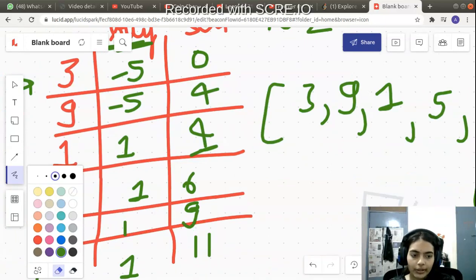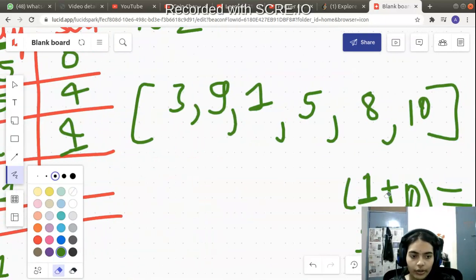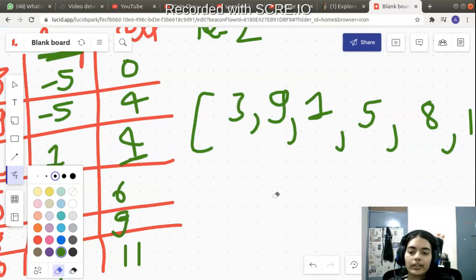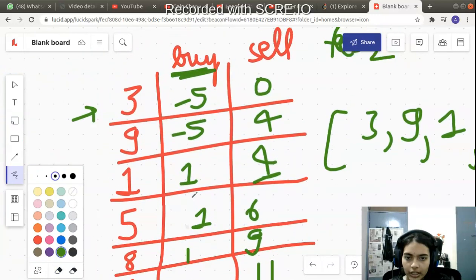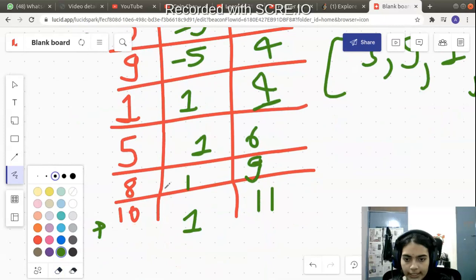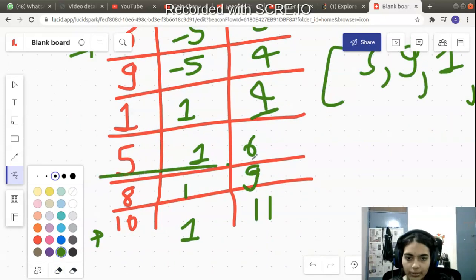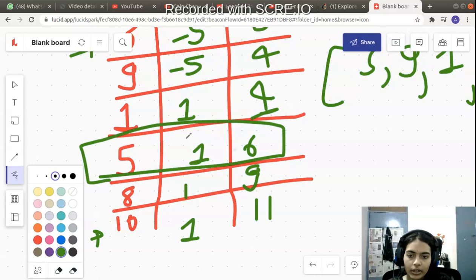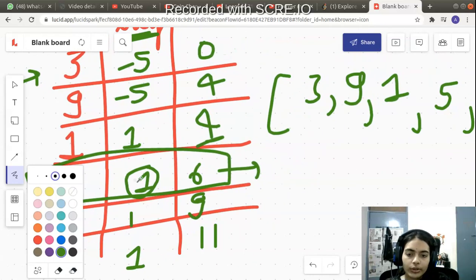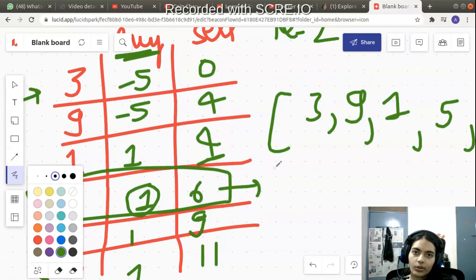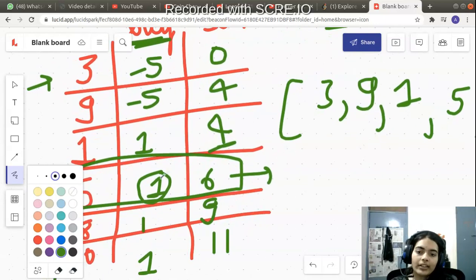So one particular thing, for any data value in the table, once you are filling the table, what are you doing on the buy side? Let's consider any column. Let's randomly take a column to try to understand this again. Let's not take an early column. Let me consider this particular column. In this particular column, what are you doing? If you have to fill this data value, you have two options for the buy side, right? Either you hold the stock, or you buy the stock on that particular day.